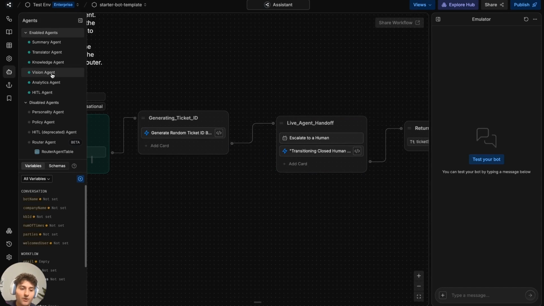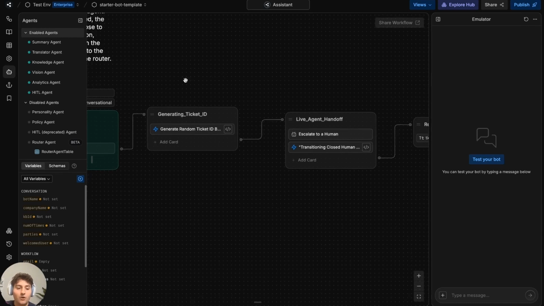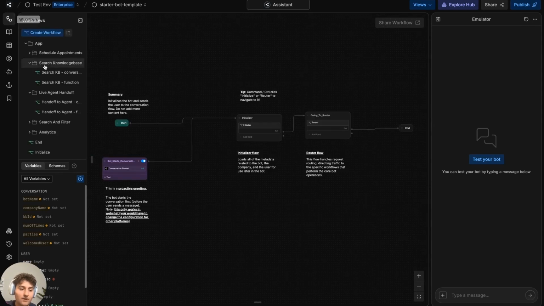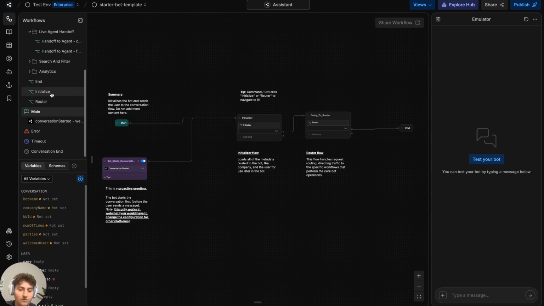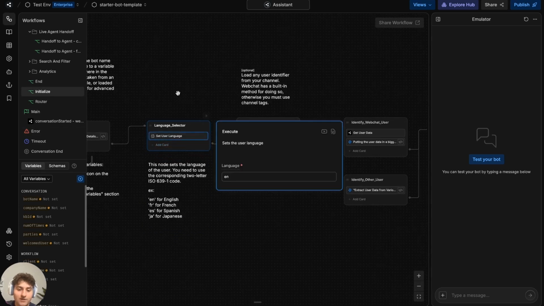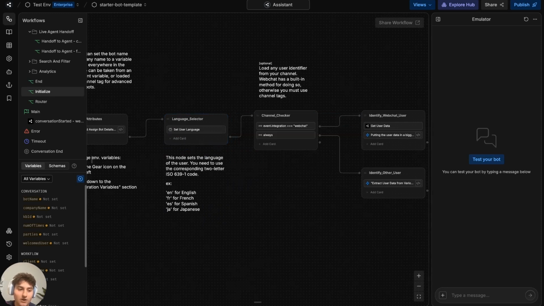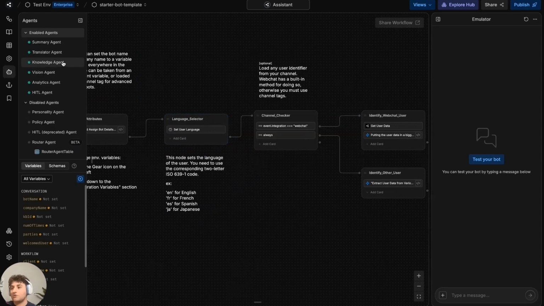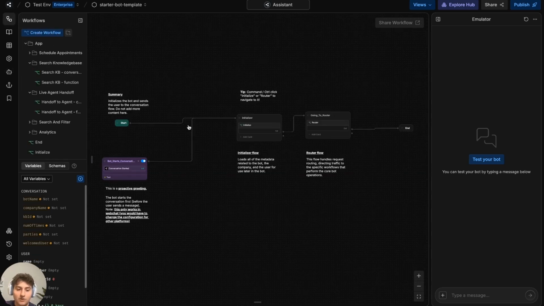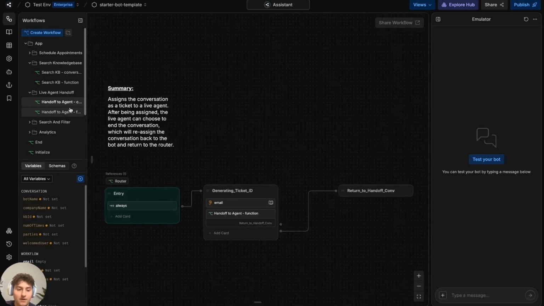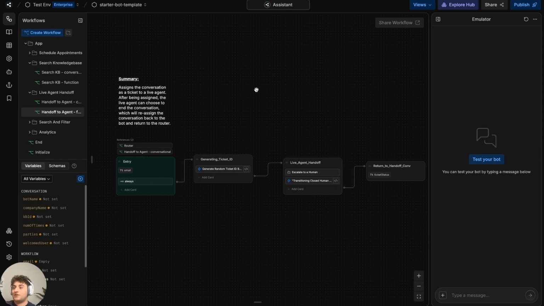Once again, you go to agents, and you need to have the HITL agent enabled. So the human in the loop agent. There are different agents. We have the translator agent, which allows us to change the language over here. So set user language, this agent is the translator agent. We have the knowledge agent, which allows us to search our knowledge bases. And now we have the human in the loop agent, this new guy over here. What he does is he sends the entire conversation to a human and allows a human to